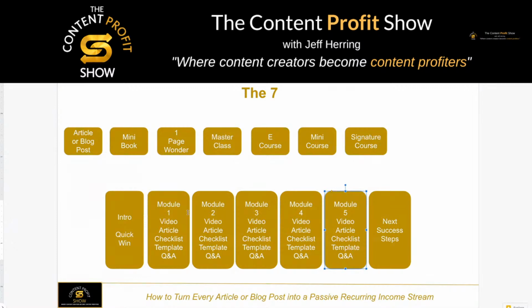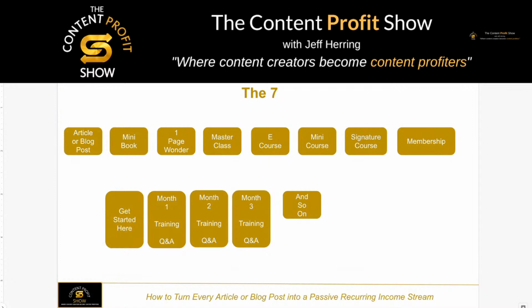Okay. So, last and certainly not least, membership. Okay. This is like the gold standard of passive and recurring. Okay. A monthly membership, especially if you create it where it's evergreen and you're not live. Okay. And people just come in and get an installment every week. You can also do it live. Remember, just like my Content Profit Nation, or we're calling it now the new Content Profit Nation. Remember, this is all from that original 3 tips, 3 secrets, 3 whatever, or however many you want article.